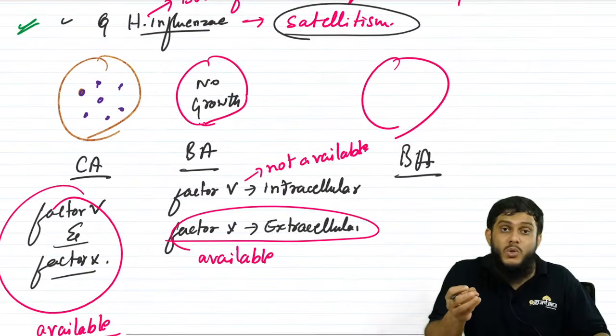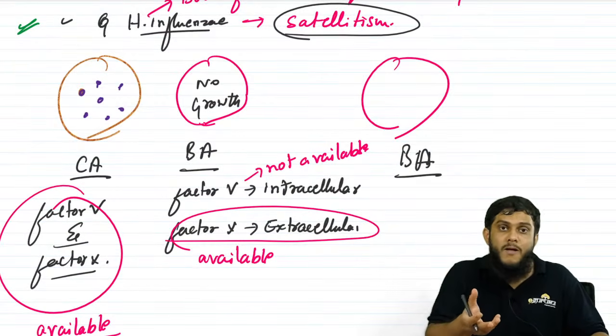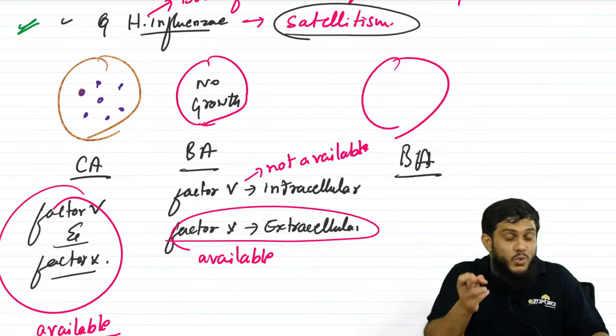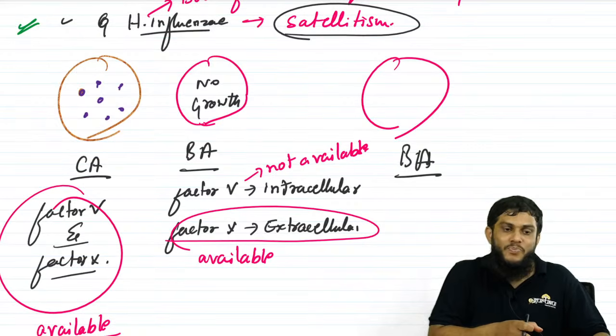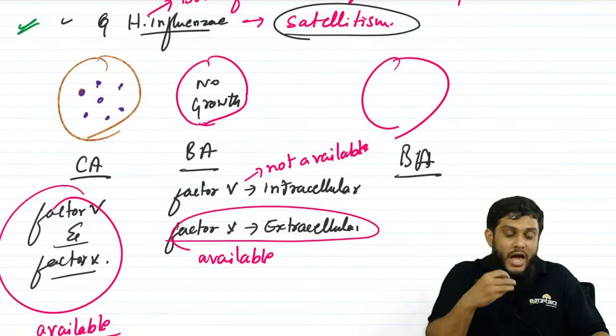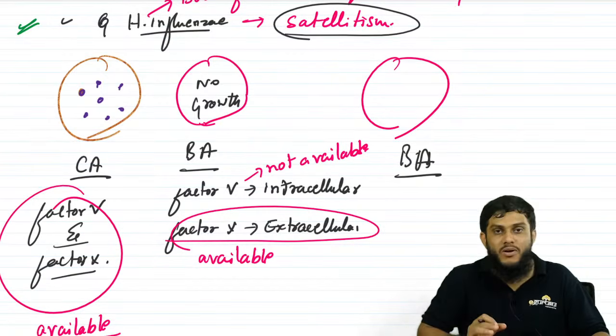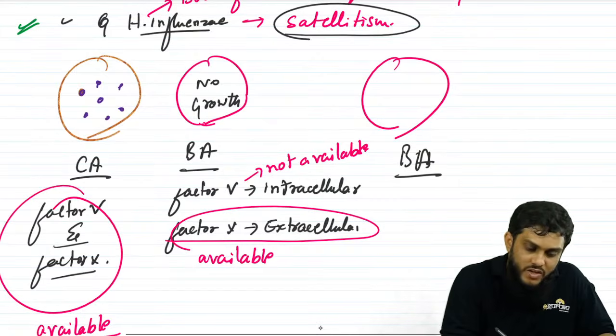But why will it not grow? Because factor V is in the RBC. Within the RBC, it is not available. It is not outside. Then if you make factor V come out of the RBC, then factor V and factor X are both available and Haemophilus influenzae can grow. Now how we have to bring this factor V outside the RBC, that is what is important. So what we do is, we streak